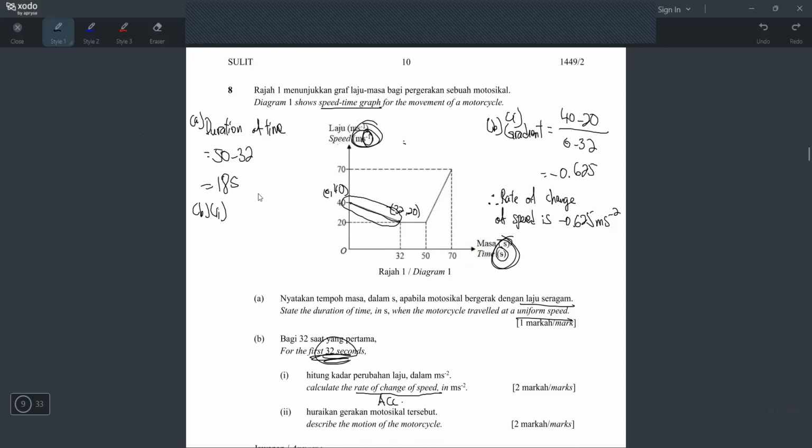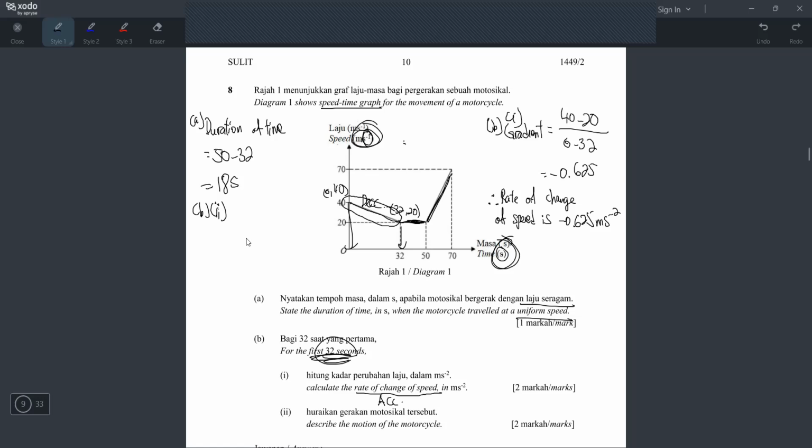So first of all, we can mention the time and we can mention what happens here, right? So I already mentioned here is decelerate, and then this is uniform constant, and then this one is accelerate. So I think the keyword here is decelerate. Okay, I think the pemeriksa wants to see this word decelerate. If they never see this word, then it's salah. So your keyword here, because you want to describe the motion, so apa cerita dekat sini kan? So cerita dia apa? Nya pecutan. So the keyword they must see is decelerate.